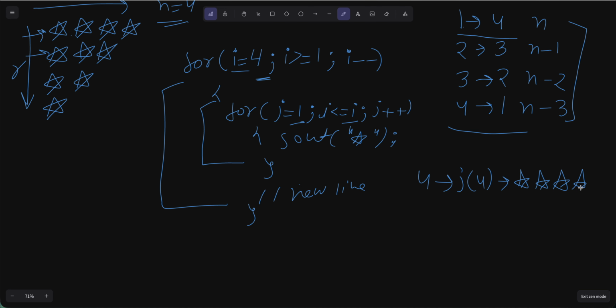In the same way, when you decrease I by 1, when I is 3, j will run 3 times and 3 stars will be printed. Then with 2, j will run 2 times and 2 stars will be printed. When it is 1, only 1 star will be printed. So if you see,